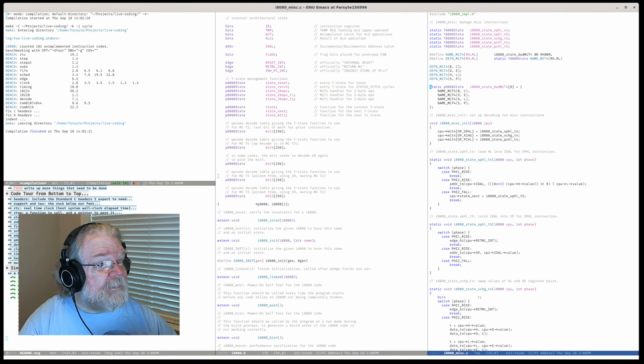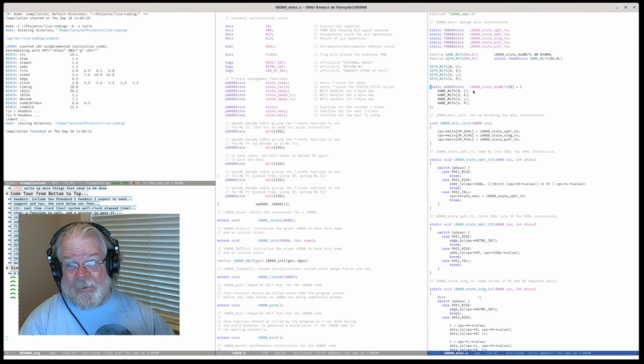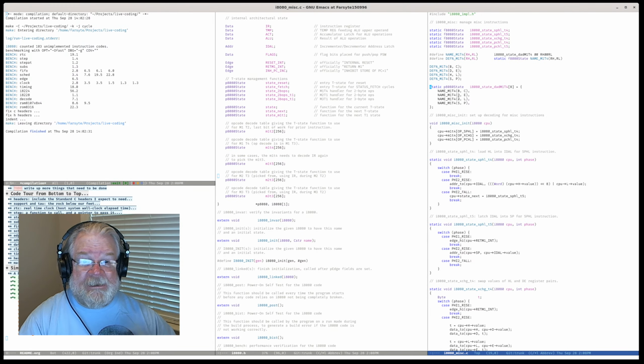So DAD, can I DAD SP? I can DAD SP. Okay, so we double add BC, DE, HL, or SP into the HL register pair. So M1T4 is going to be these guys.